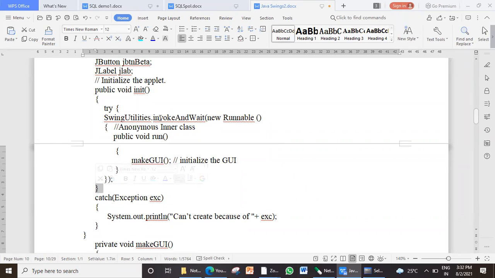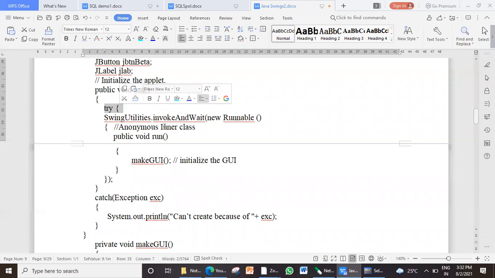Now here this invokeAndWait is a checked exception. That means Java will compulsorily make you handle this exception using try and catch. It is mandatory because it is a little risky. So that's why it is compulsory that when you use invokeAndWait, you must use try. It should be used within a try block.